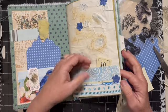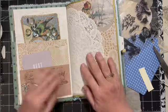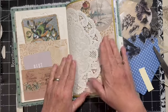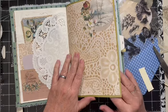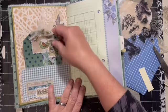Okay, this is from a calendar. This is from a Thomas guide. We have a double pocket here using some of the digitals. Now the digital is available to the Dear Julie Patreons. That is my subscription part of Dear Julie,